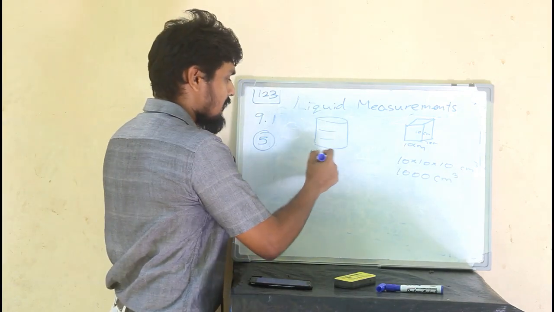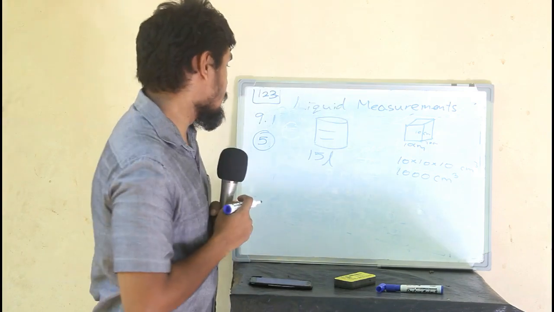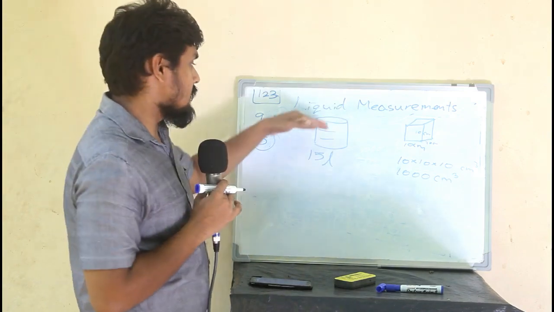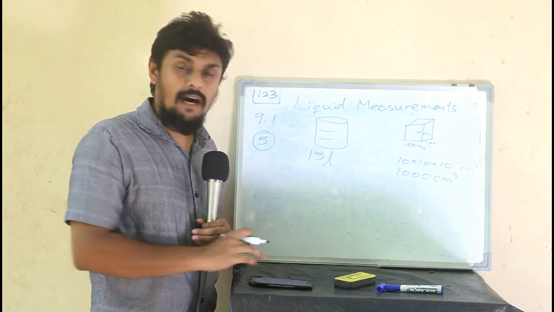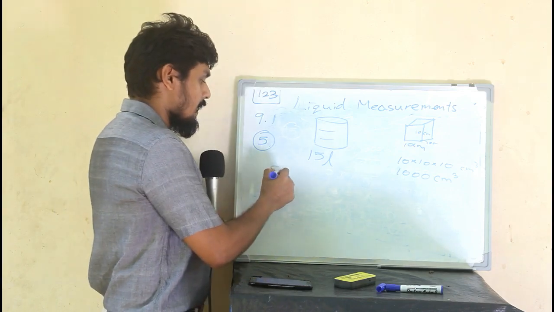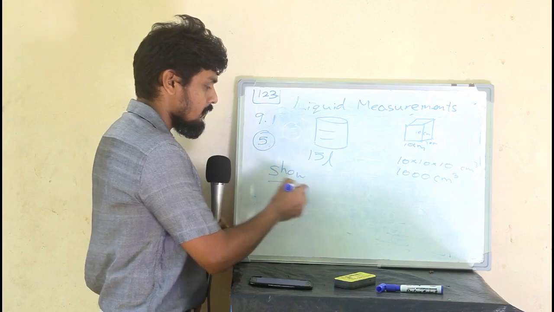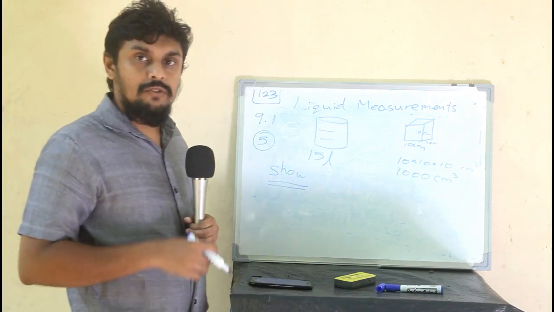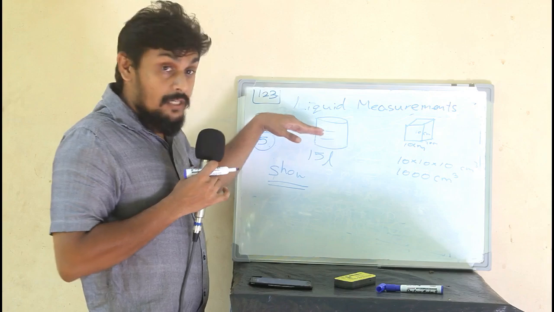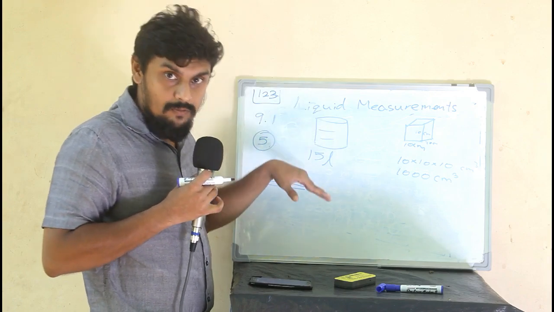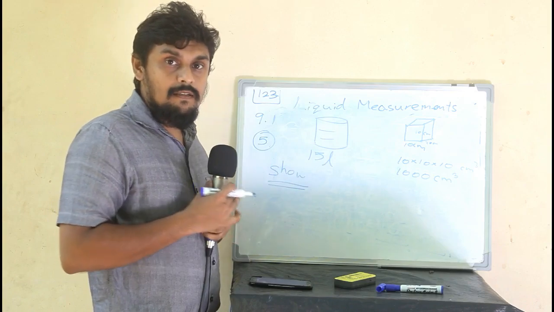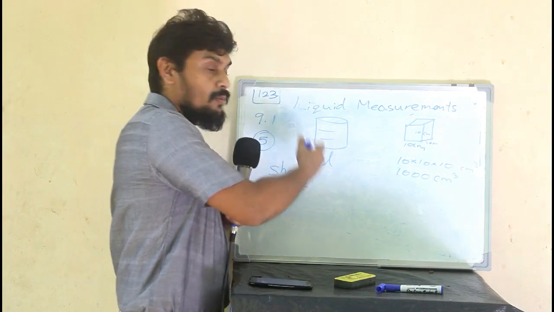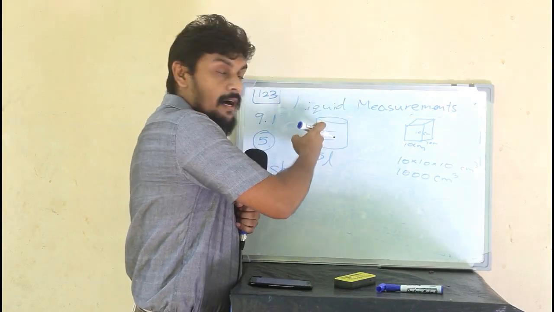Here the capacity is 15, so the barrel has a capacity of 15 liters. These types of questions are pretty easy because they ask you to show something. Show means you know the question and also the answer, so you have to develop how to do the calculation from start to end.